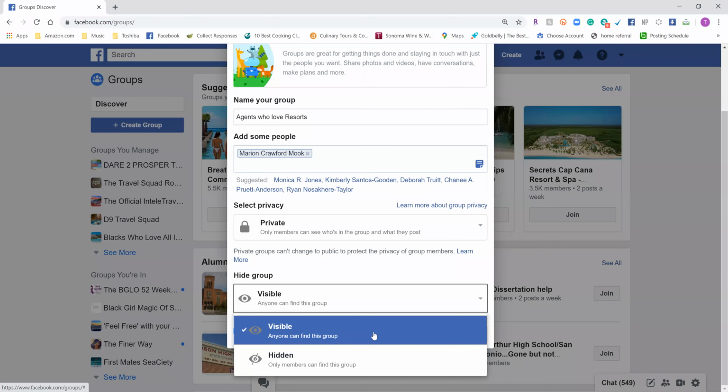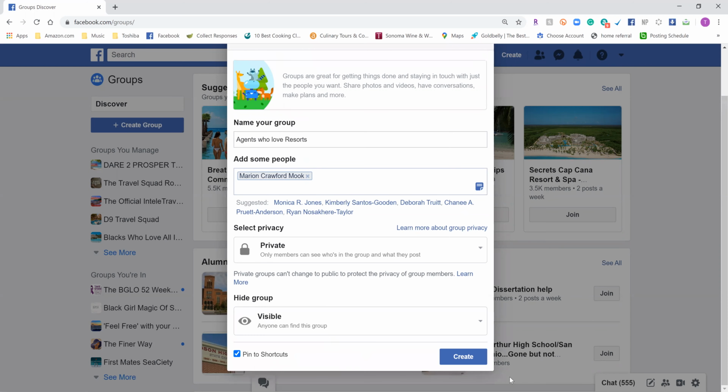Now, if this is something that you are using to grow your business and to share information, you want this group visible. Now, if you're creating a group that is just for maybe certain select people within the organization, then definitely you want to go ahead and make it hidden. We're going to make this one visible, and we're going to go ahead and